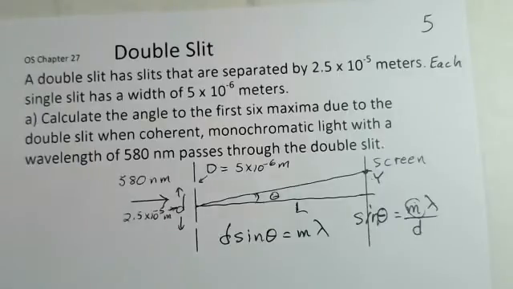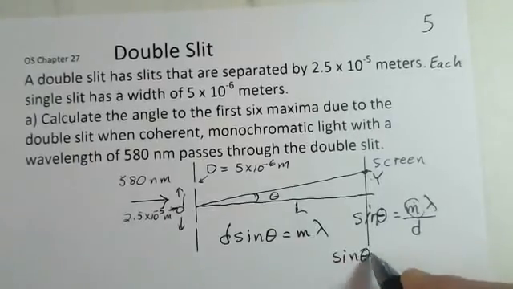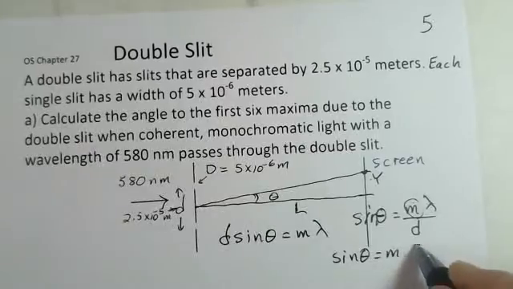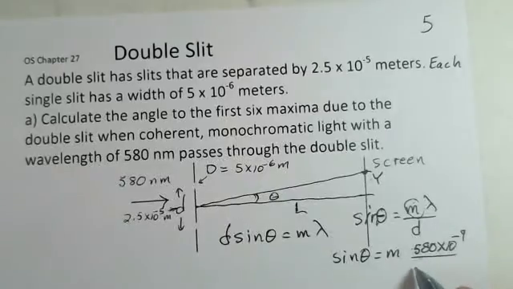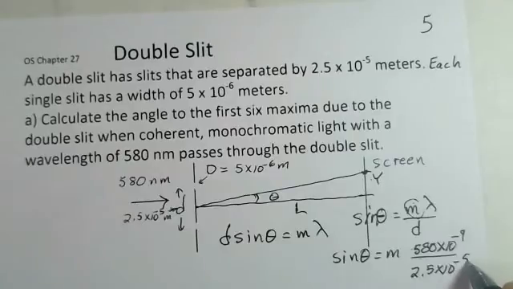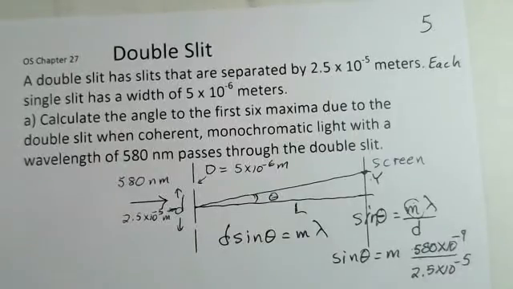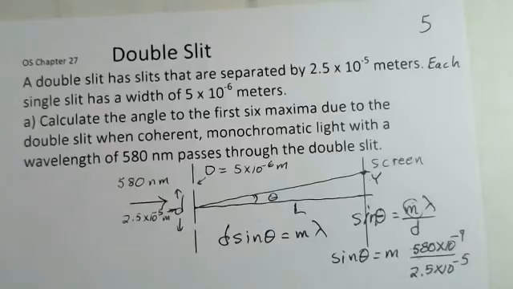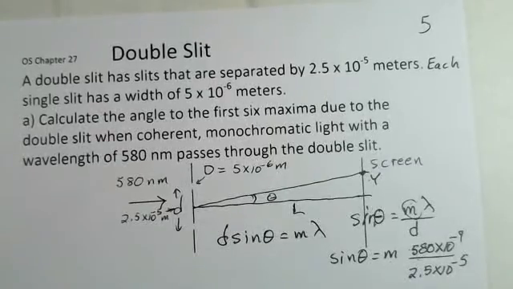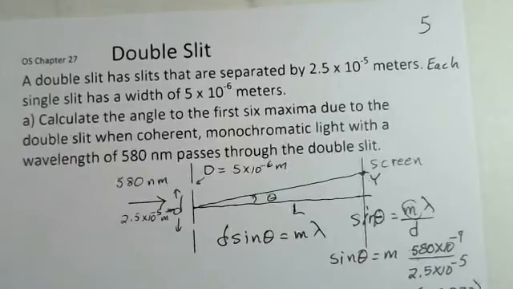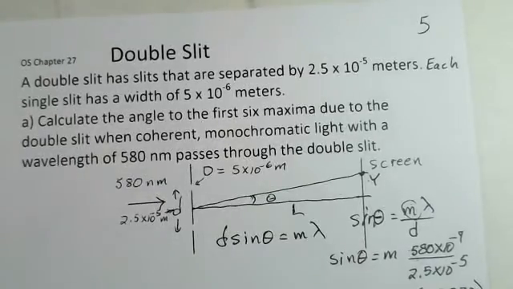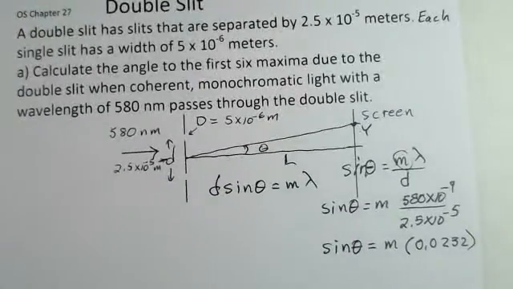So when I do that, I find that sine of theta is going to be m, the wavelength of 580 times 10 to the minus 9, divided by the slit separation distance, 2.5 times 10 to the minus 5. If you divide these two numbers, let me know if I'm wrong, I get m times 0.0232. So we're going to be doing this 6 times, putting in different values for the m, multiplying here, and then